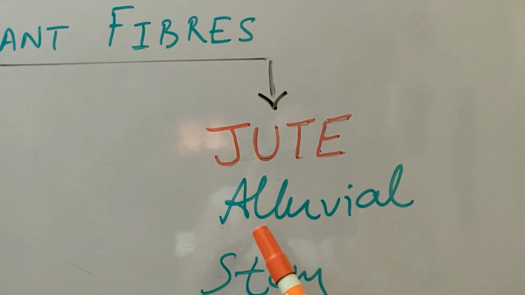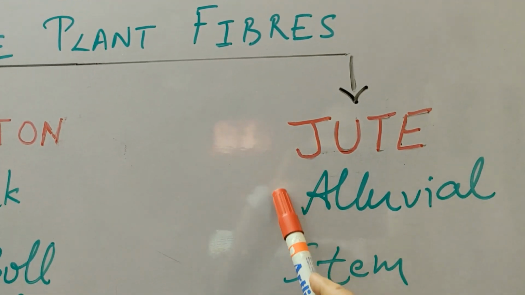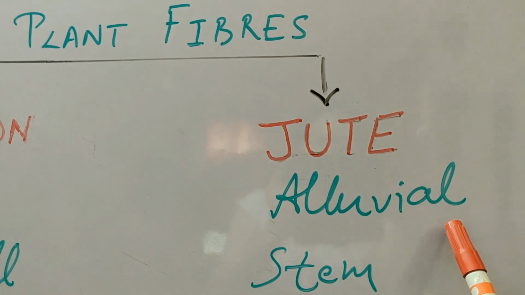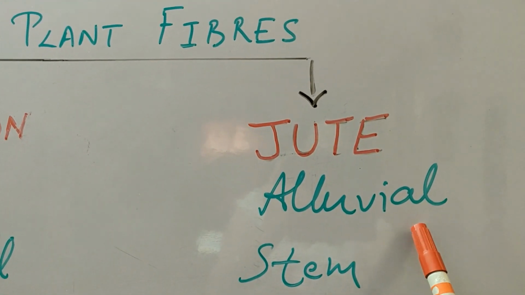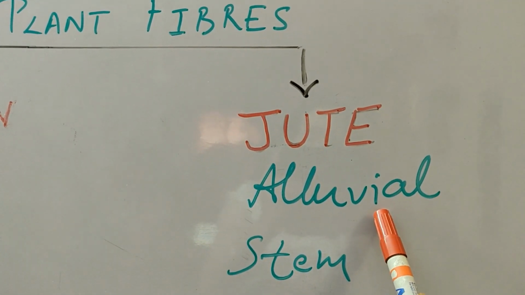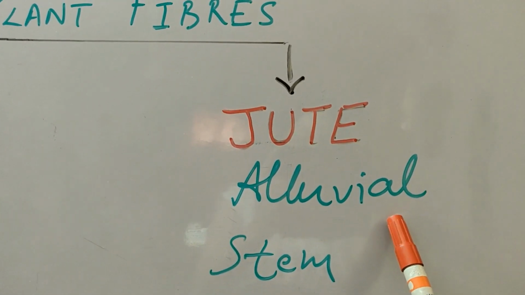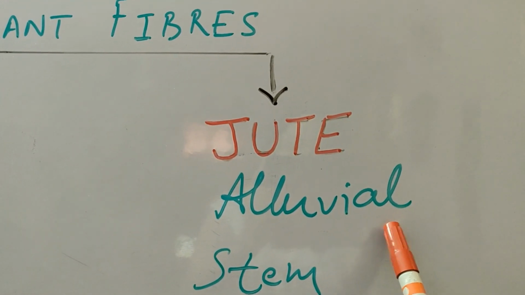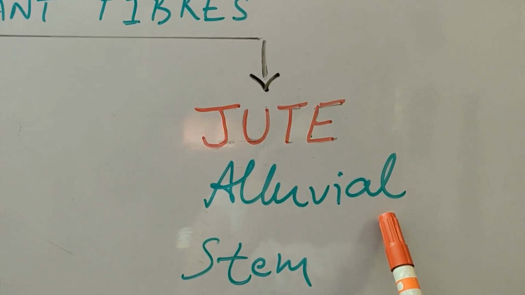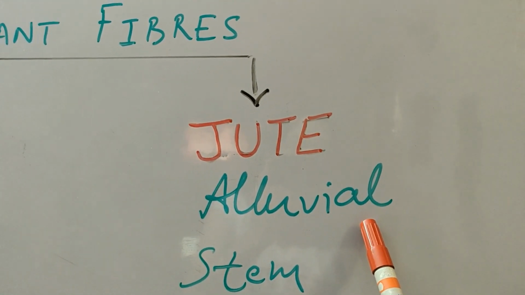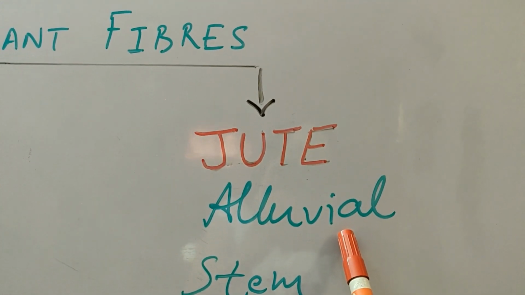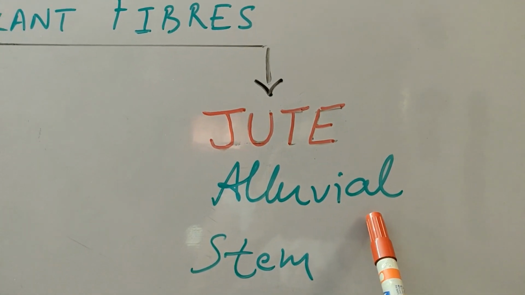Now jute, it needs alluvial soil. Actually it grows in a wide range of soils, from clay soil to sandy soil, but the best soil is this alluvial soil. As this is found more in the Sundarban Delta region, it's grown more there, and the maximum cultivation of jute occurs in this Sundarban Delta region. And Bangladesh is the maximum producer of jute. In our country, it's produced in West Bengal, some parts of Odisha and Bihar also.